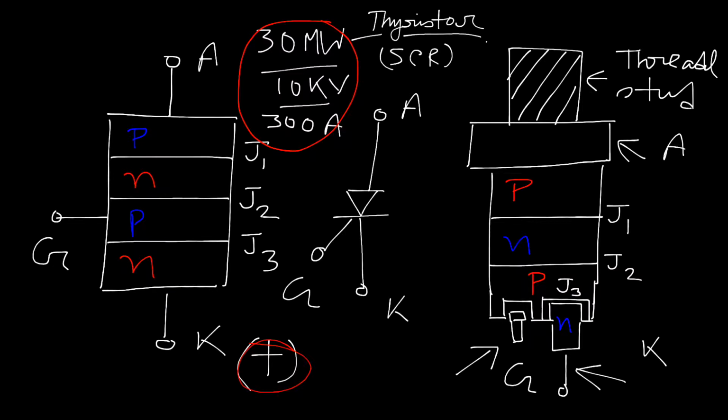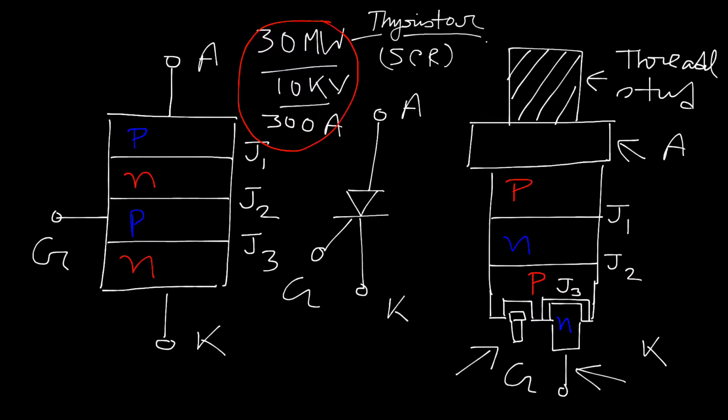So this is not what we require. That is why we try to operate this device only in forward biasing condition. So whatever I have discussed is due to the non-application of the gate. So this is the actual operation of the thyristor. Keep it in your mind, in forward biasing condition, only the junction J2 is in reverse biasing condition and the depletion layer has formed.